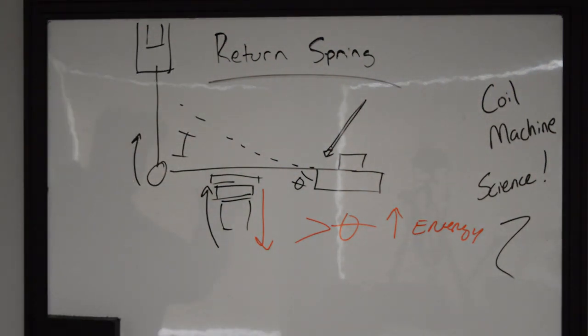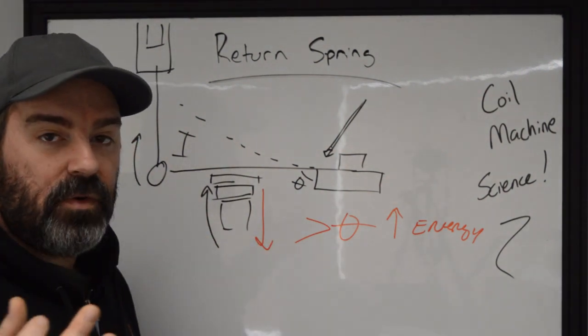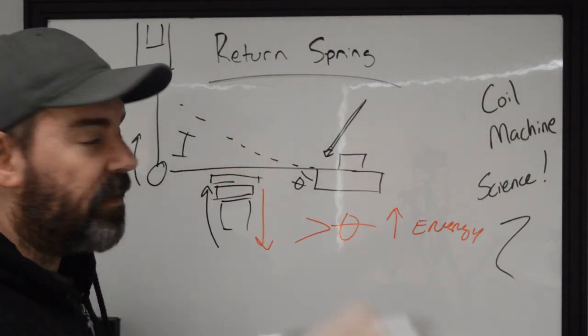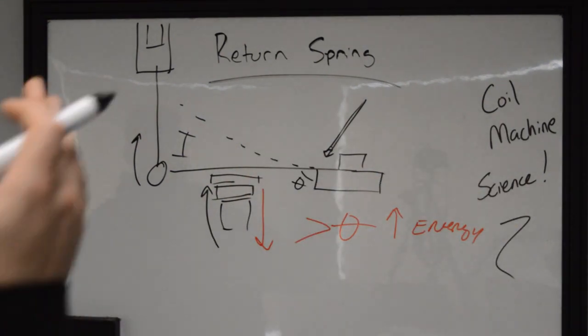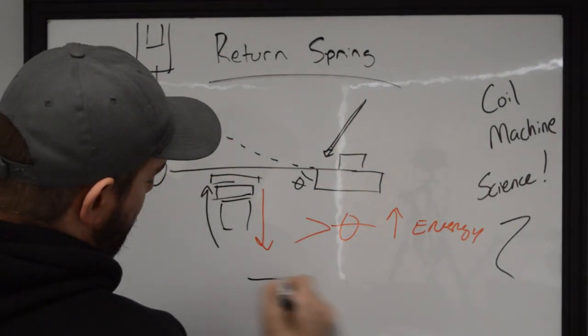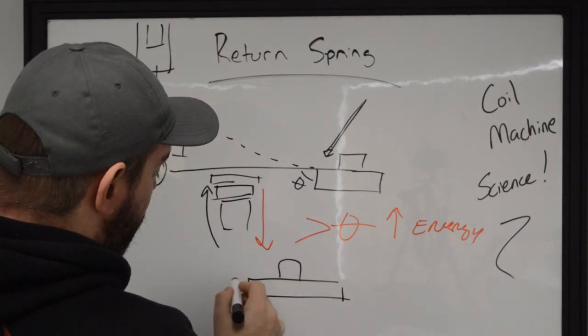So that's the first one. But when you do these things, the one thing I always try to stress to people if you're tuning up your own machine is you have to look at it from all angles. And normally we're always doing like an XY plane on a flat surface like a whiteboard, and we're looking at it from the side. But when you actually start looking at things from the front, there are a few things you want to look out for with that